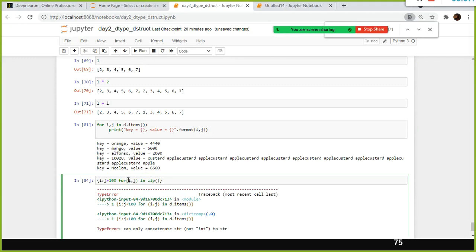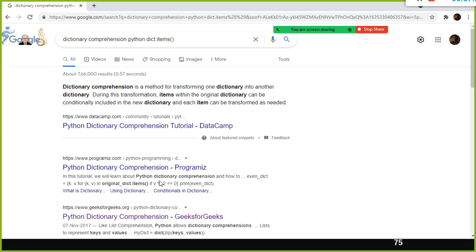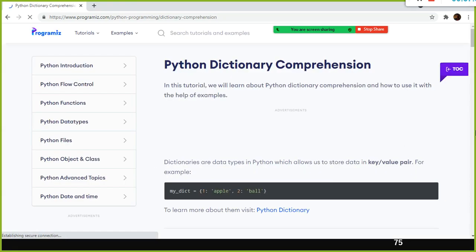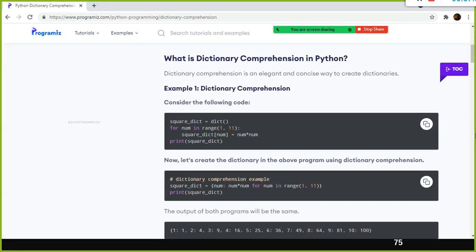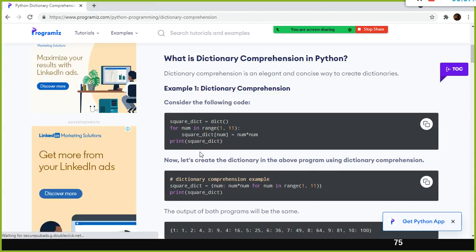Instead of k comma v, I'm using for i comma j in dict.items(). What is my dictionary name? It is d, so d.items(). And the program is num into num, j into j. Range of, okay, no, not this one.